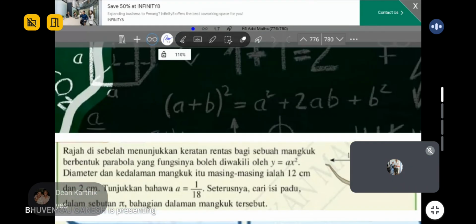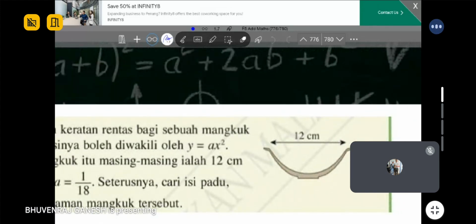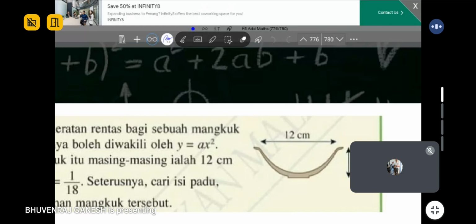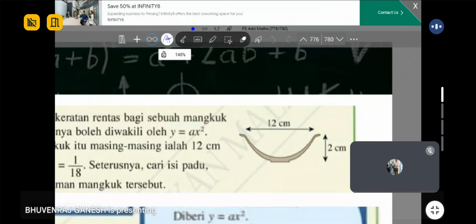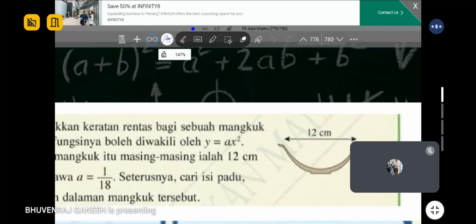Guys, this is the favorite exam question. Have you all seen? They'll give you a bowl like this, ask you to find the volume. Very famous, right? So you must know this one. Very important question, sangat penting, so that you can score the marks. Because some people, when they see this kind of question, find it very susah because they never imagine. But you must imagine this is a curve. Ini adalah lengkung. So you can find the volume. It's just normal